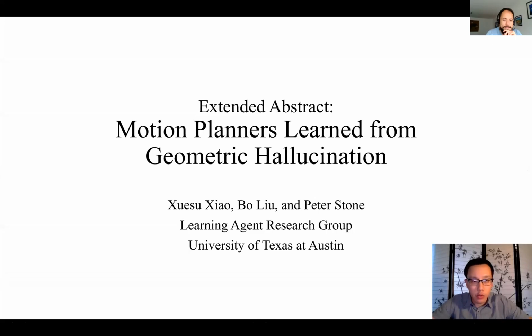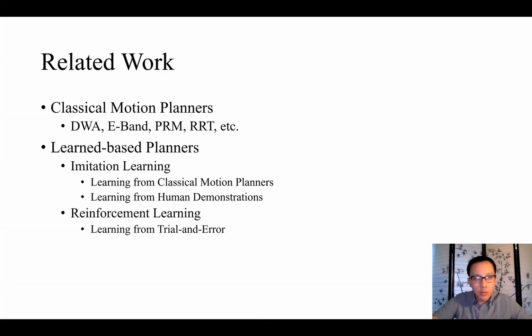Hello everyone, my name is Xu Xiao, postdoc at UT Austin, and today I'm going to present our work, Motion Planners Learn from Geometric Hallucination. Motion planning is a classical robotics problem and has been addressed by the robotics community for decades. But recently, many learning-based planners have been proposed using either imitation learning or reinforcement learning. In imitation learning, the planner is learned from labels provided by classical motion planners or from human demonstrations. In reinforcement learning, learning is happening through trial and error. However, both of these approaches require either very high-quality demonstration data or